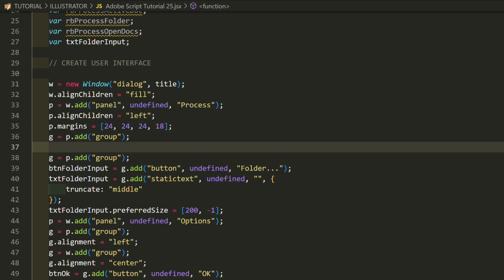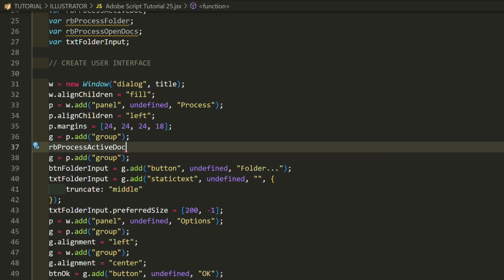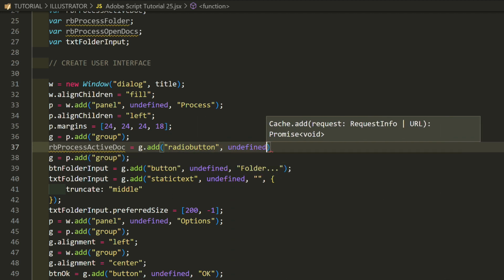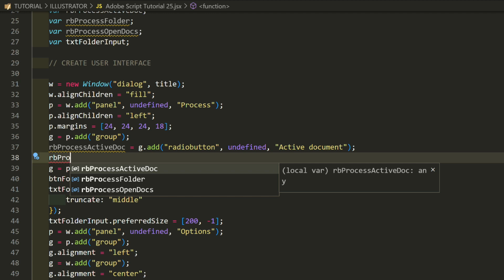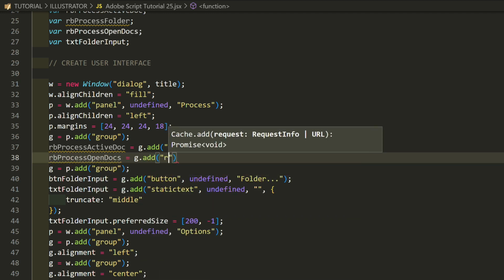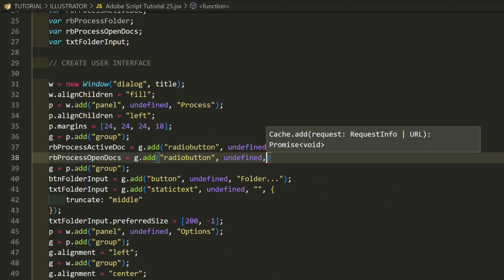And add the buttons. RB process active doc equals G, add radio button undefined active document. RB process open docs equals G, add radio button undefined open documents.